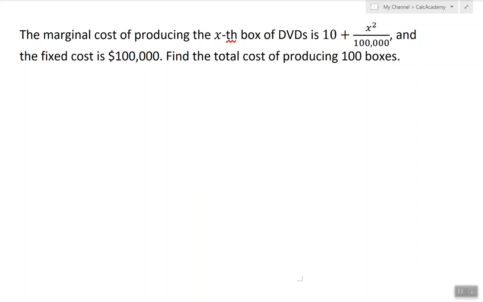In this video, I will show how to solve an applied problem to find the total cost using antiderivatives. So the idea here is that the marginal cost is given, but the relation between the marginal cost and the total cost is that the marginal cost equals the derivative of the total cost. So in our problem, the marginal cost is given,